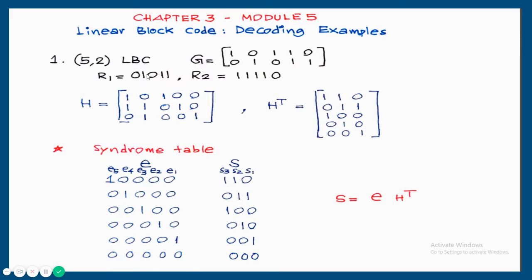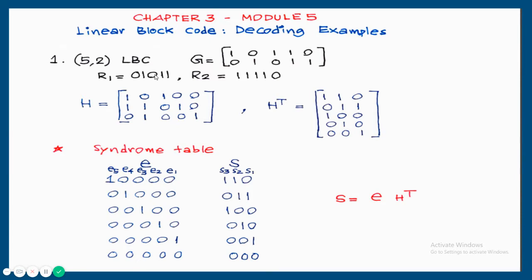And for our example, I am providing here two received codes. R1 is equal to 01011, R2 is equal to 11110. So what we want to do here, from each received code, we want to get the data back. For that, there are steps. First, we should verify whether error is there or not. If there is no error, remove parity, get the data bits. Or if error is there, then correction is needed. After correction, remove parity, get the data.